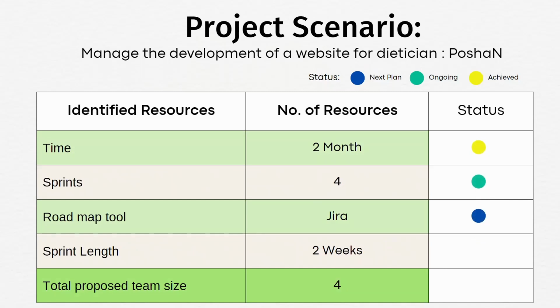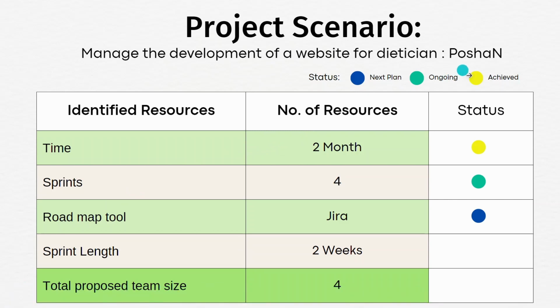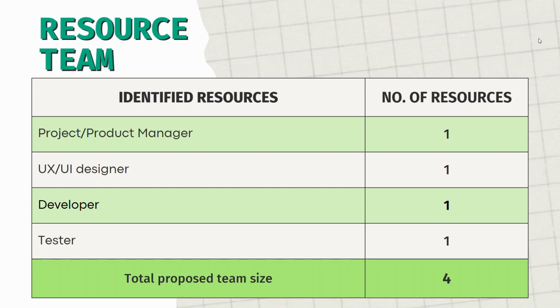So let us talk about the product scenario. Here we have to manage a website for our dietitian client and the name of the website is PoshaN. Time assigned is 2 months, divided into 4 sprints. The sprint length will be 2 weeks. The total proposed team size is 4, and the team consists of one product manager, one UX UI designer, one developer